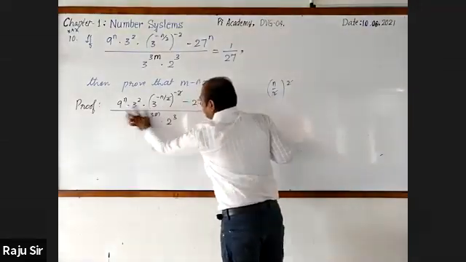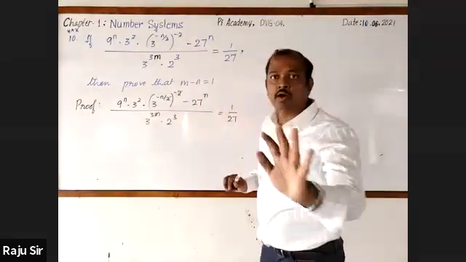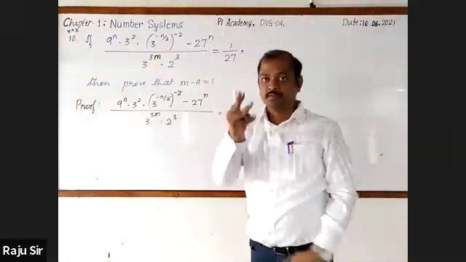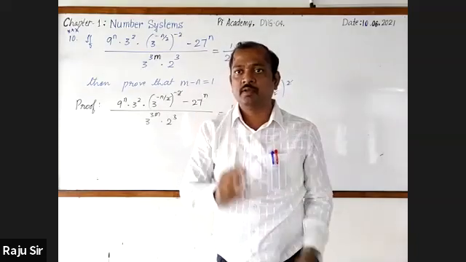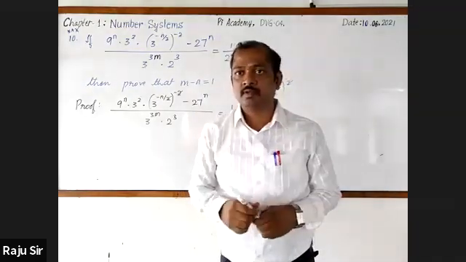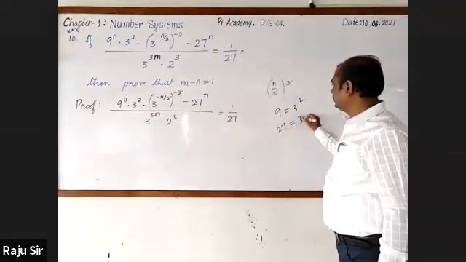Here 9, 27, and here this 27. They are all multiples of 3, right? They can be expressed in the index or exponent form with a base 3. Yes, sir. 9 you can write as 3 square. 27 is 3 cube. Got it? Yes, sir. Okay. Now,